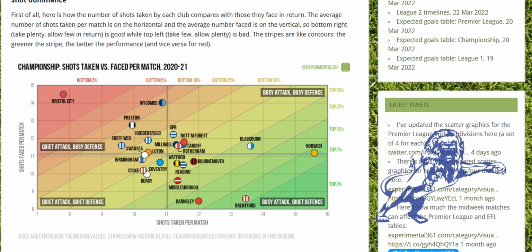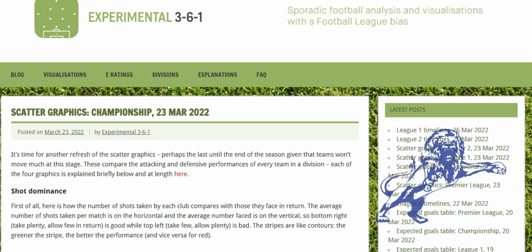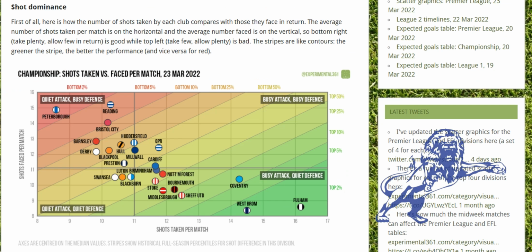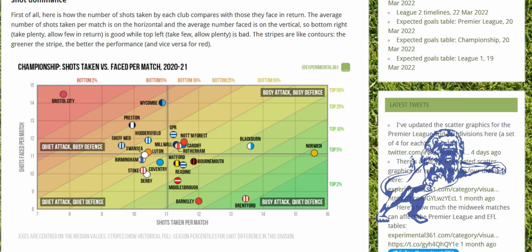So shots taken versus faced per match compared to where we are, the latest thing in the season, so 23rd of March 2022 compared to the whole of last season. Are you ready? Boom. So at the end of the season, we were on 11.25 shots taken per match to 11.5 faced per match. Bottom 50%, just bottom 50%,